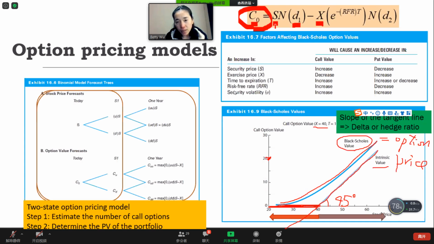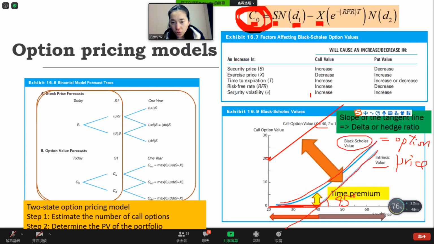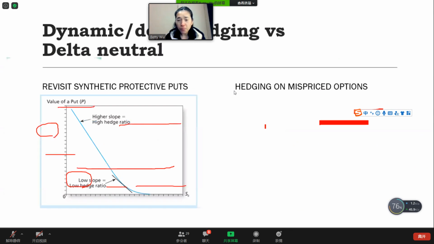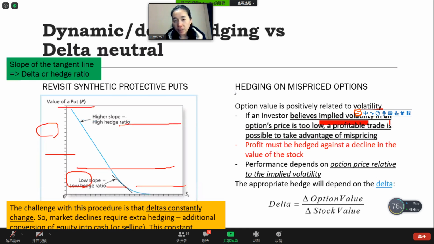Implied volatility works the other way around. Assuming I already have a call value, and with other variables already known, you can estimate the sigma. That sigma is called implied because it's implied from the model. And so if an investor believes implied volatility in an options price is too low, then you believe that